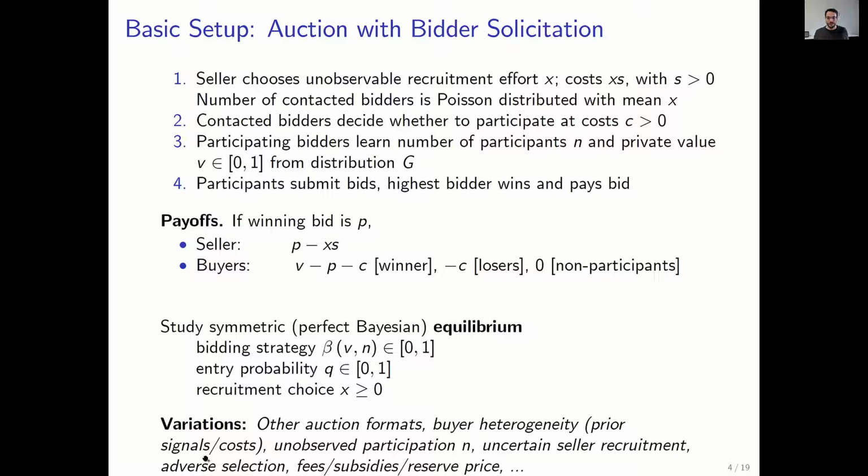Okay. So now the promised bold question. Are there any questions? Have you introduced limited commitment at this stage? Okay, so limited commitment would be in the unobservable recruitment effort. This is the main part. The seller cannot commit to a particular recruitment effort choice, and you will see how this plays out. And in addition, here we're not looking at an optimal mechanism. The optimal mechanism may involve entry fees or subsidies. So we're not looking at that for the time being.